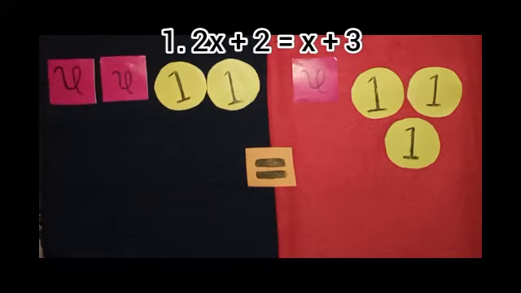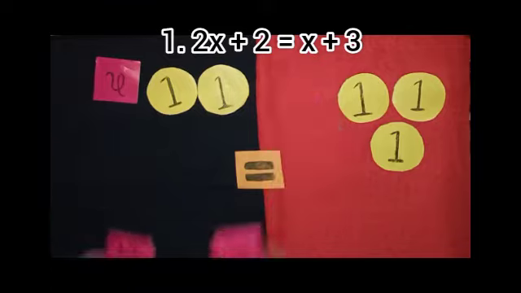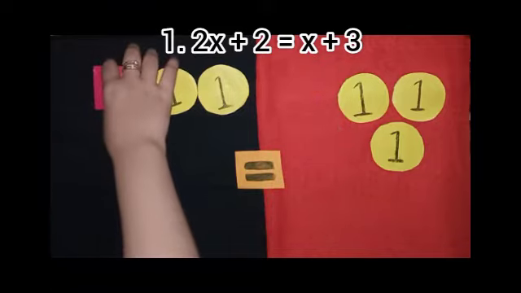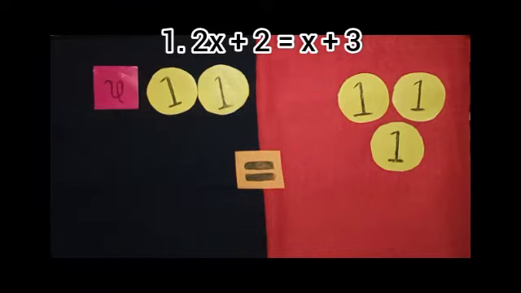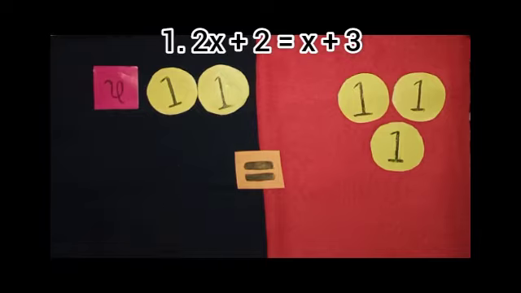Second, after that we eliminate or take the variable first, or box x. This is done on both sides, on the red board and the black one. The elimination or the taking must be the same. Take one x box on both sides, on the red board and the black one. We can't take any more because box x is not on the red board. Then there will be one x box left on the black board.